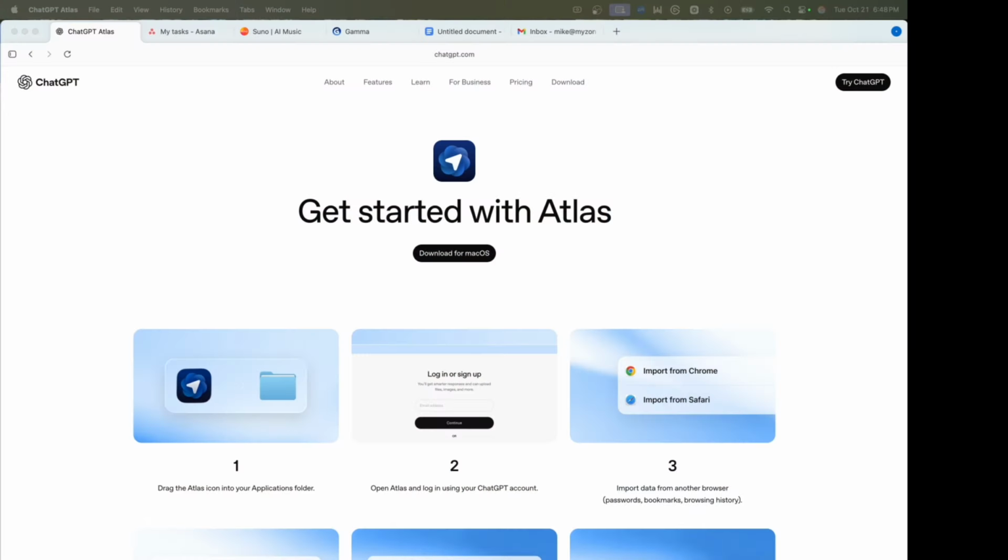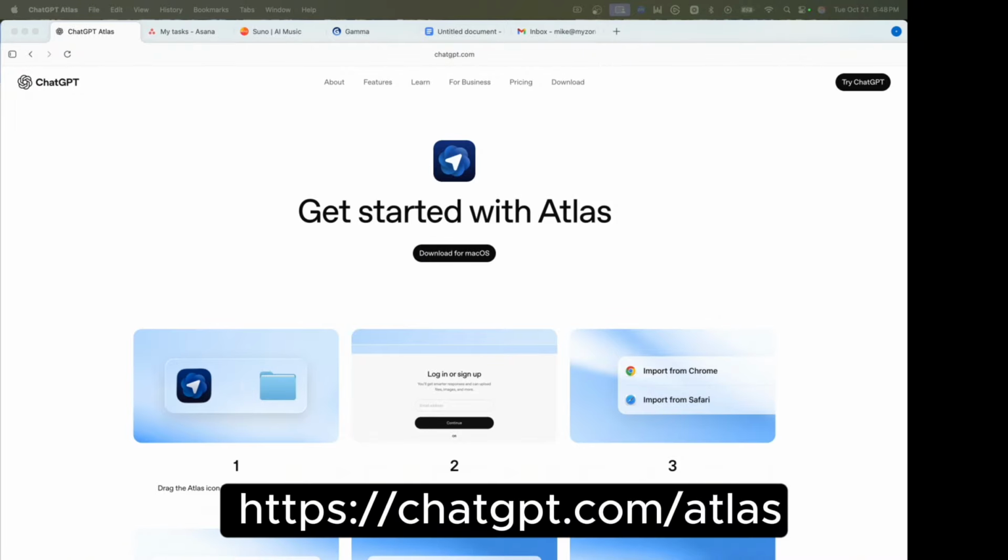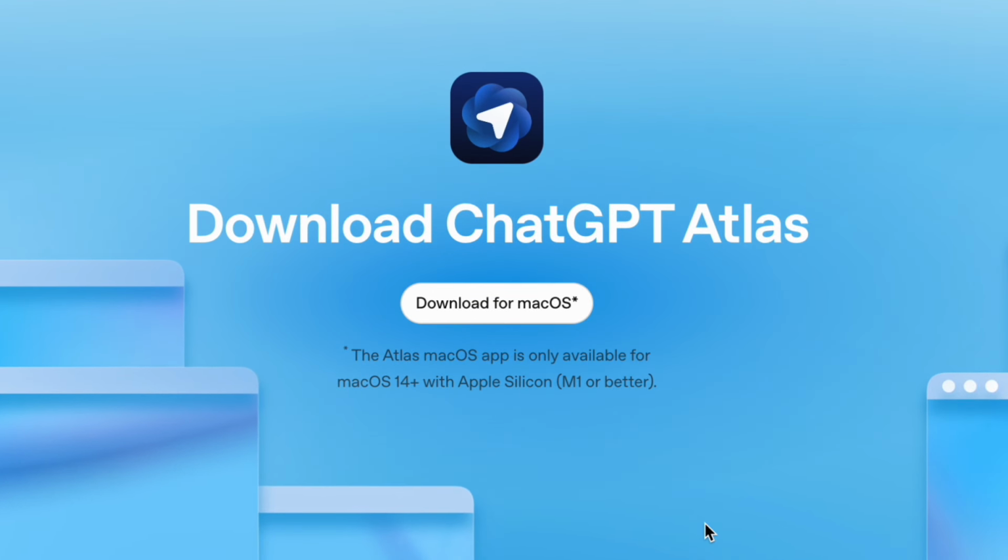So ChatGPT Atlas was released around 10 a.m. this morning. I'll put a link to the OpenAI broadcast below. Check it out, about 20 minutes long. Definitely worth the watch. Now, where do you go to get it? Simply head to chatgpt.com/atlas. And for now, unfortunately, it is only available for Mac, which is a little bit weird considering that